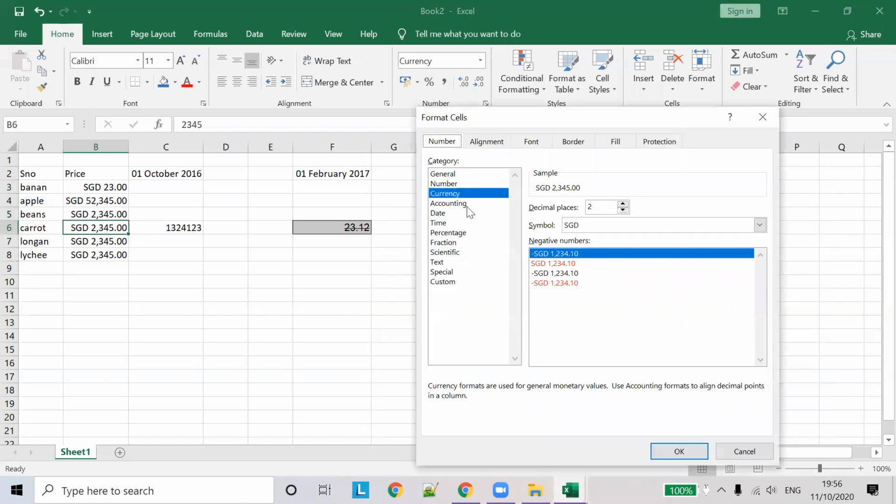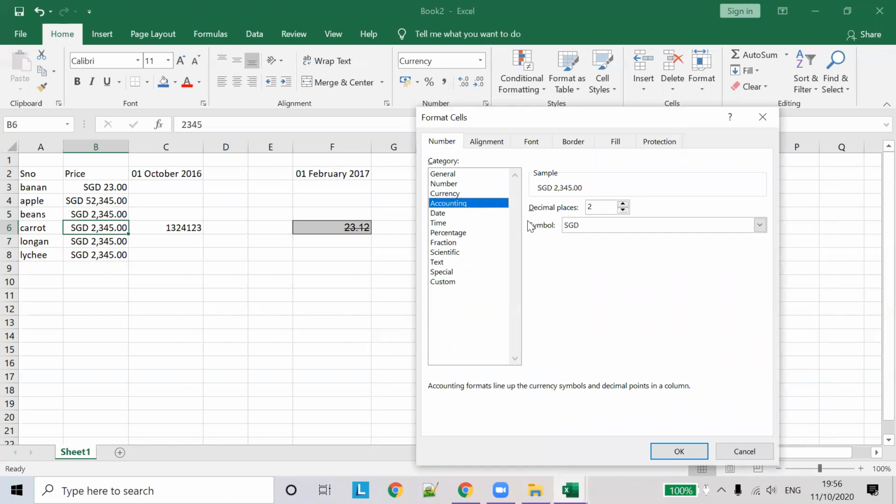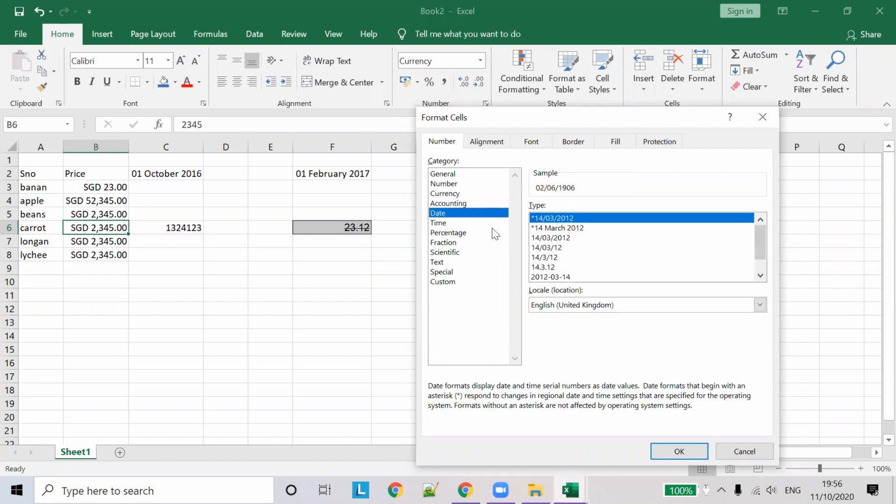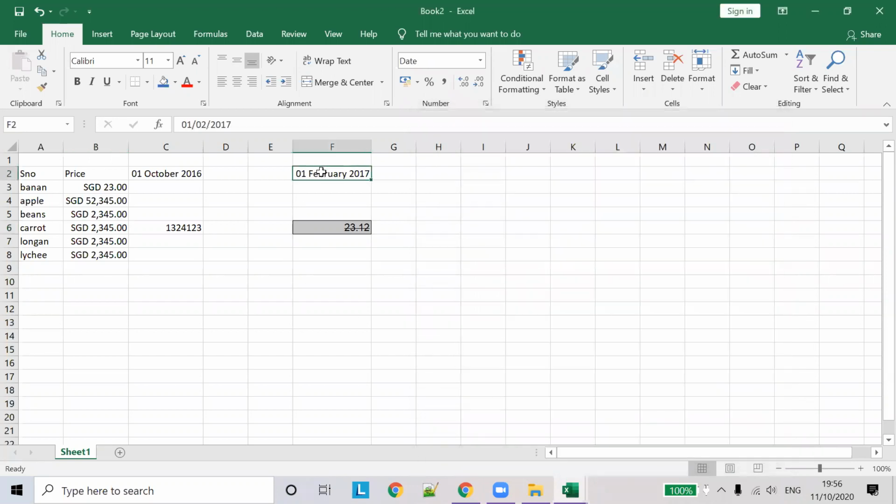Then we can see Accounting. Currency has the same options for decimals, and Accounting also has the same option to display information with the currency. We saw how to choose the date format. There's also an option for time format. Let's choose a different format for this cell.